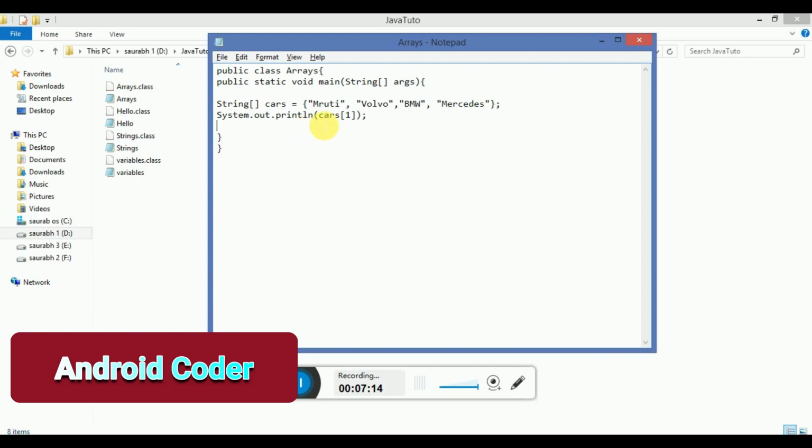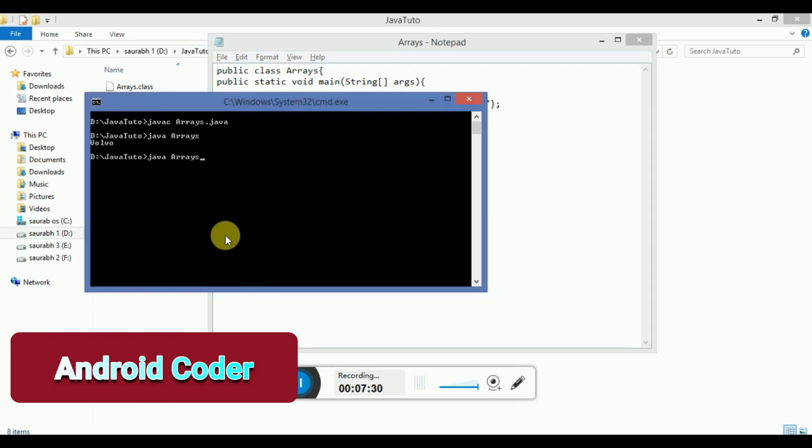Now if we want to see what happens when we try to access index 5 here, just for a check, save it and run it again.